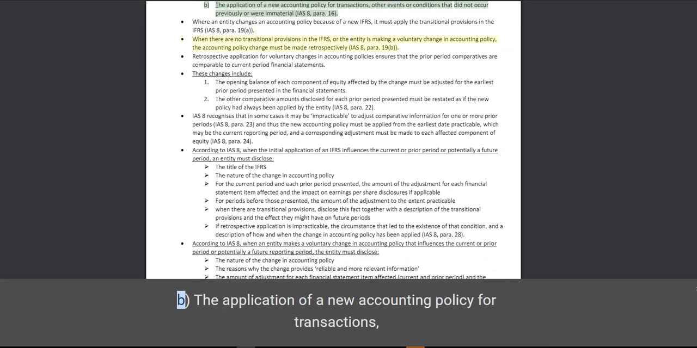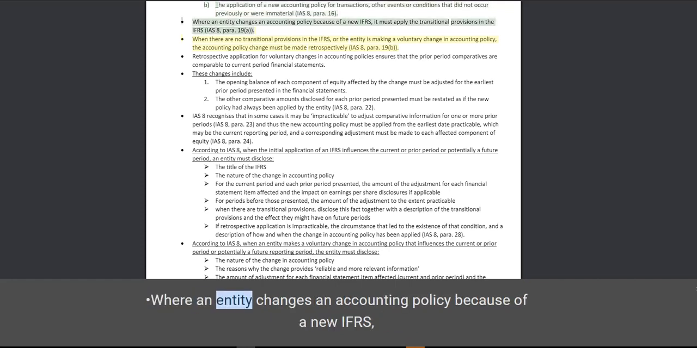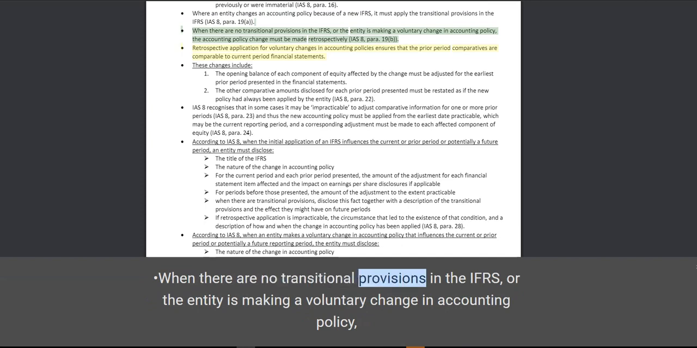And B. The application of a new accounting policy for transactions, other events or conditions that did not occur previously or were immaterial. IAS 8, para. 16. Where an entity changes an accounting policy because of a new IFRS, it must apply the transitional provisions in the IFRS. IAS 8, para. 19. A. When there are no transitional provisions in the IFRS, or the entity is making a voluntary change in